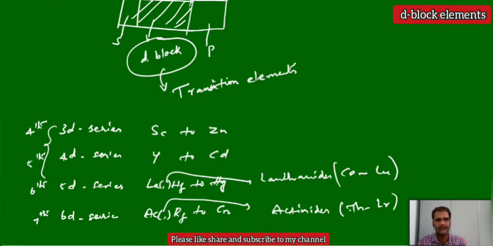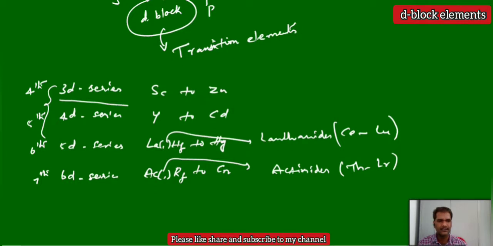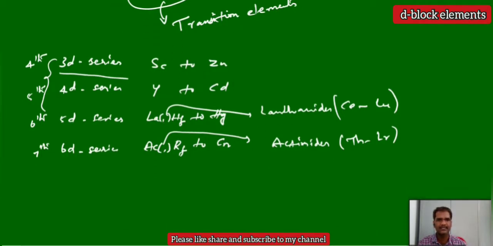These are the d-block elements: 3d, 4d, 5d. So our main focus here is 3d, 4d, 5d. In that too, the main focus is on the 3d series. Especially we will focus on 3d. Apart from that, we will see some trends with respect to 4d and 5d also. We will not worry much about the 6d series. So all these d-block elements are in between s and p block, hence we can call them transition.